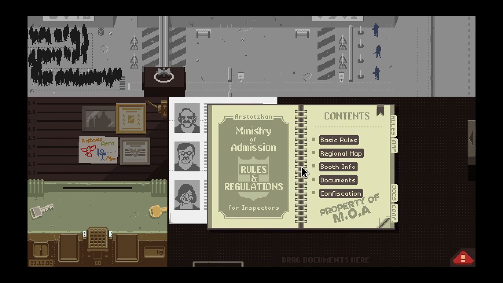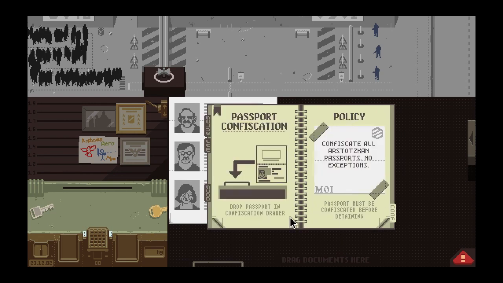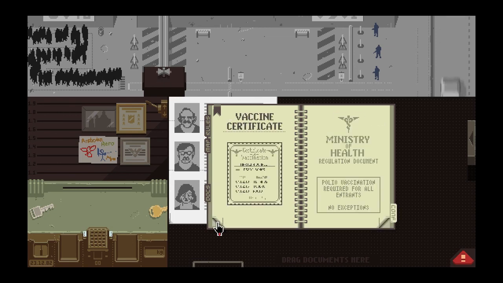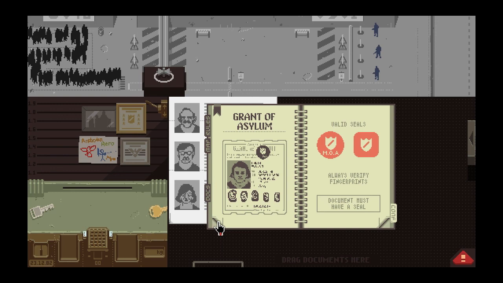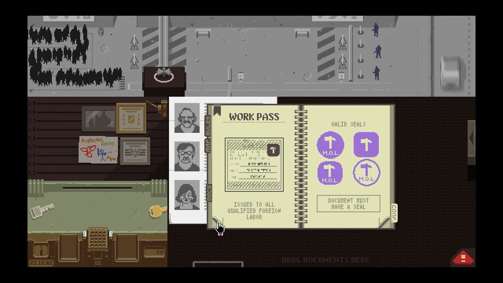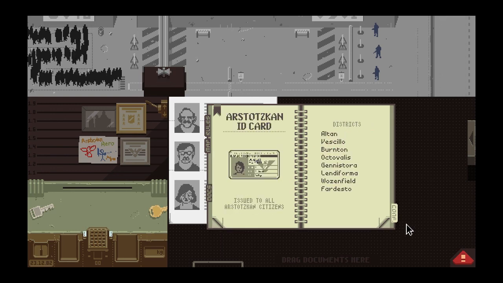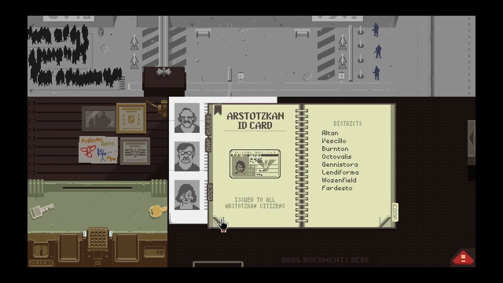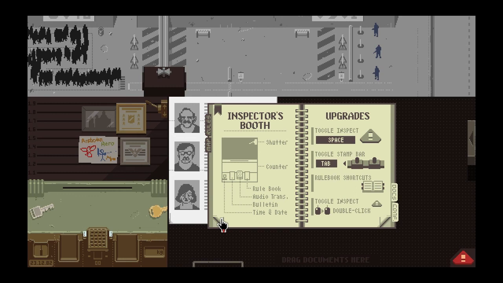So now, I'm trying to remember, so confiscation. Confiscate all local passports, no exceptions. Okay. Every person coming in also has to have a polio vaccination certificate that's current, or asylum or diplomatic authorization, the work passes, the access permits. That's quite new in the last couple of days. Makes it a bit easier for me. The ID card, and